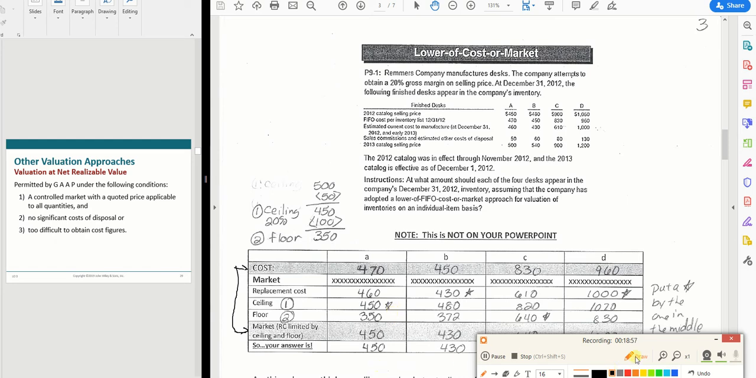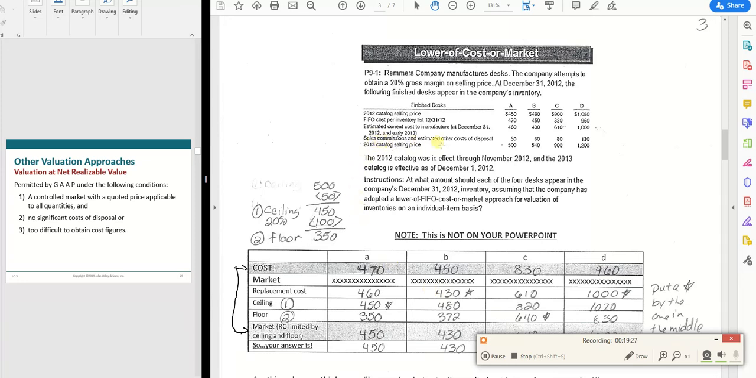So the first thing that I need to do is figure out my ceiling and my floor and my replacement costs. So let's do the replacement cost first. So I've got my costs and my estimated current cost to manufacture at December 31st. So this is my replacement cost, 460, 430, 610, 100. So that's my replacement cost. My ceiling,